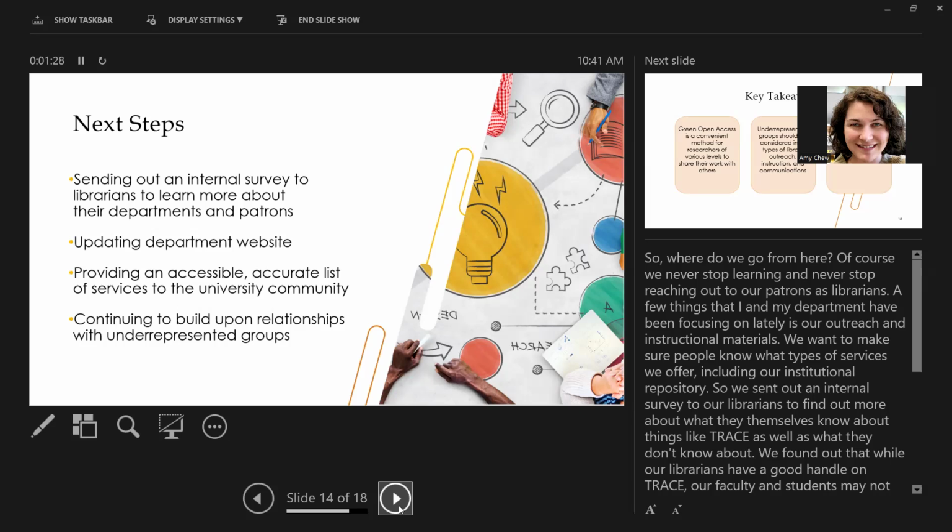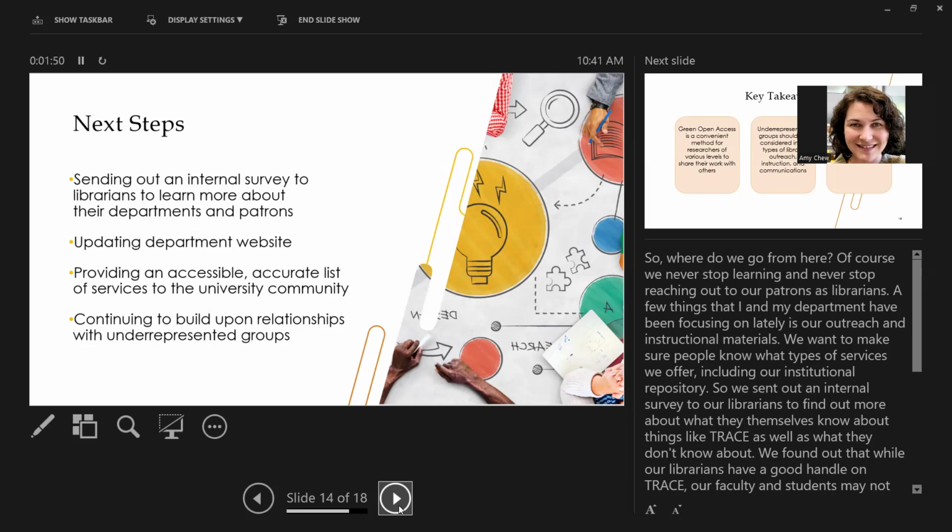And that's understandable because this is just not something that comes up in daily conversation a lot of the time. Most people are not thinking about institutional repositories every day when they wake up. Some of us are, because it's our job, but not everybody does. And so that's something that we wanted to share more with others. And so we're looking at different ways to do that.